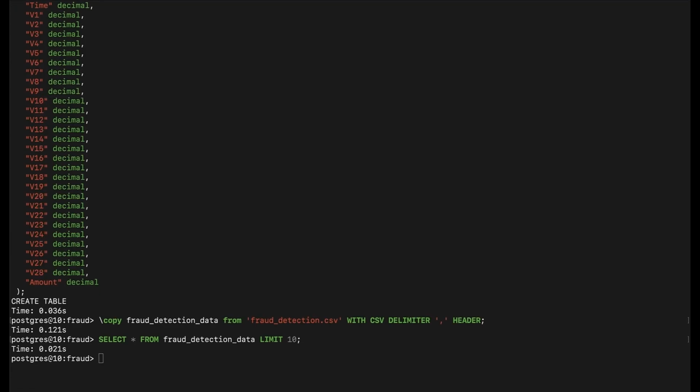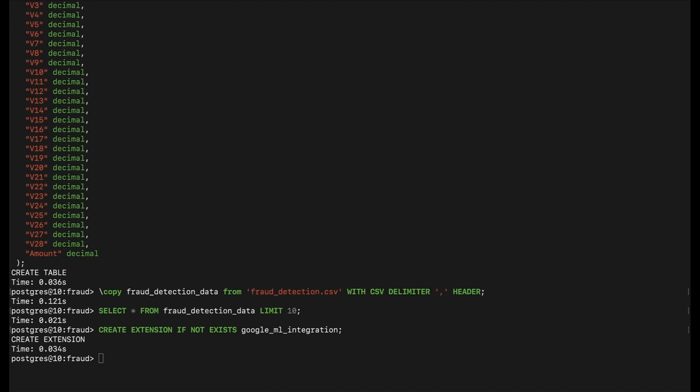To invoke predictions, we'll be using a function named MLPredictRow. This function is provided by the Google Vertex AI extension for AlloyDB. To use it, we need to install the extension first using the create extension command. Now that the extension is installed, let's start with a query which runs predictions on some rows of our fraud